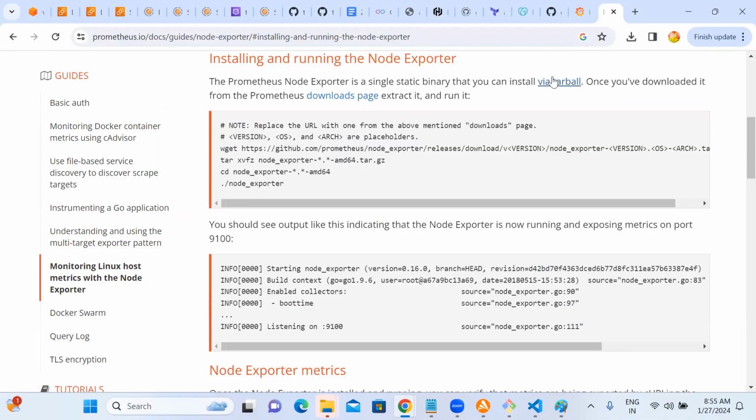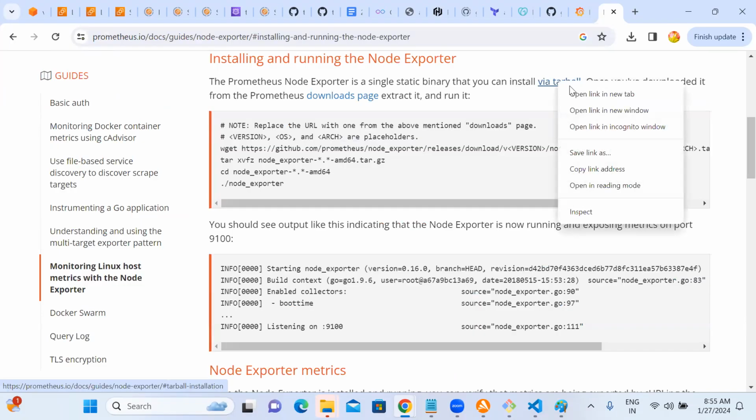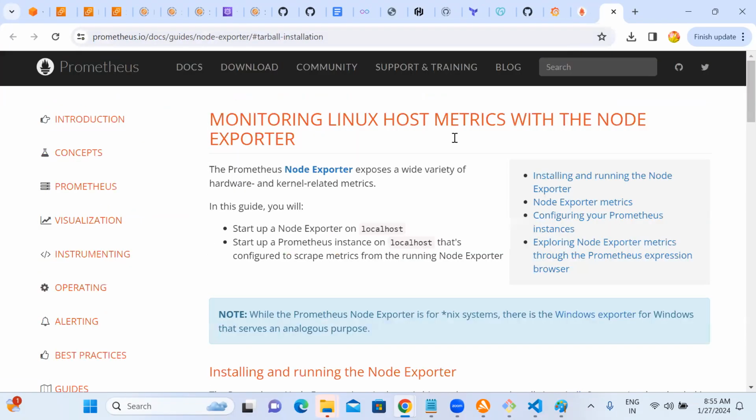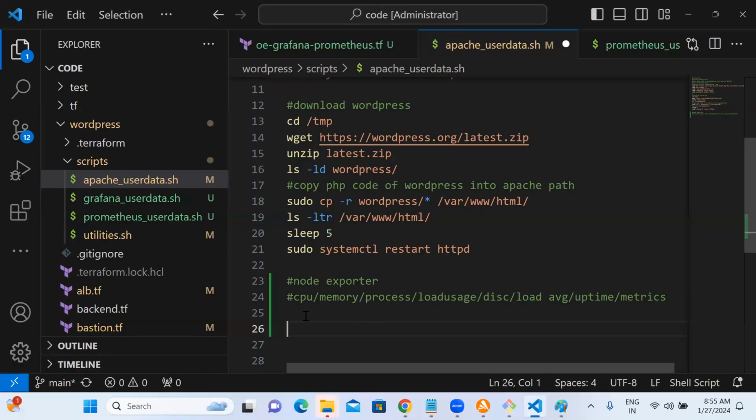Installing exporter via tarball. Yeah, this is what we wanted. Same, like no need to install. That is called a binary. Same.